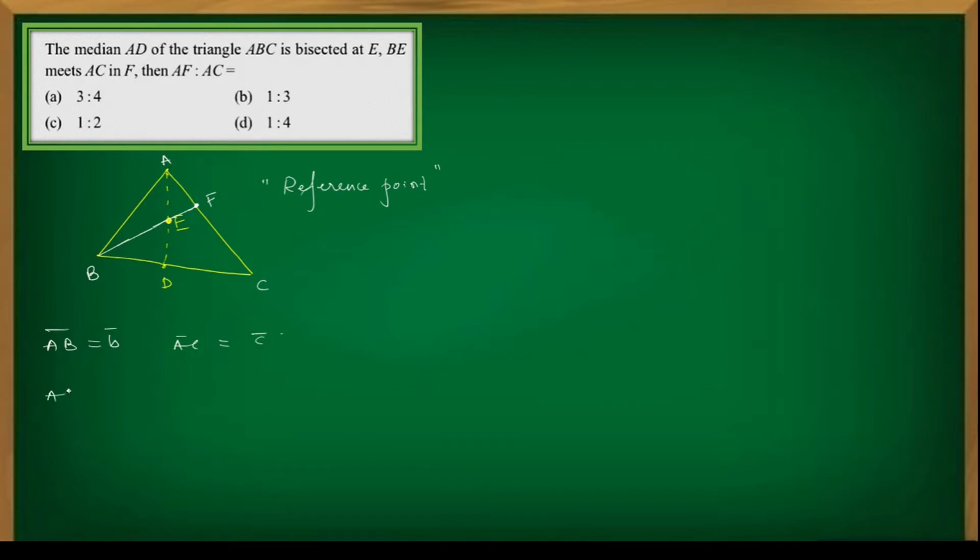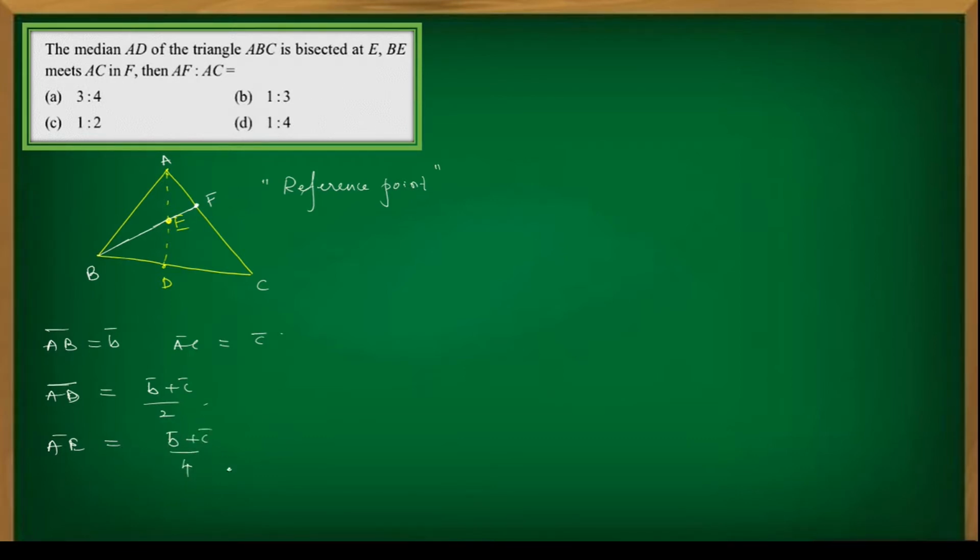And what will AD become now? AD means position vector of D. You know, with the reference point A here, like we write OA, OB, OC like that. AD is what? Midpoint of BC. So you can write (B bar plus C bar) by 2, midpoint. And you know D now. I want now AE, the position vector of E. AE is what? It is the midpoint of AD. So what is that? AD by 2. But AD is (B bar plus C bar) by 2. So AE is (B bar plus C bar) by 4.